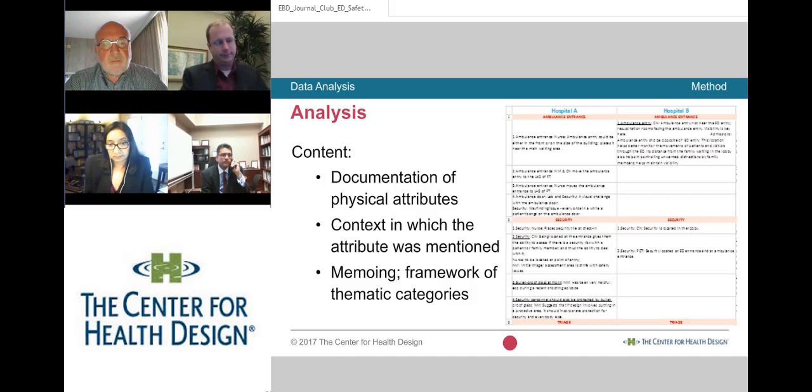Sure. Let me respond to that. I have done a number of projects that involve interviews and observations, and each one of those methods has its own shortcomings. But let's go specifically to the interviews. One struggle when you as a researcher are conducting an interview, in our kind of research, is that we are trying to understand what role the physical environment has and how it affects people and operations and